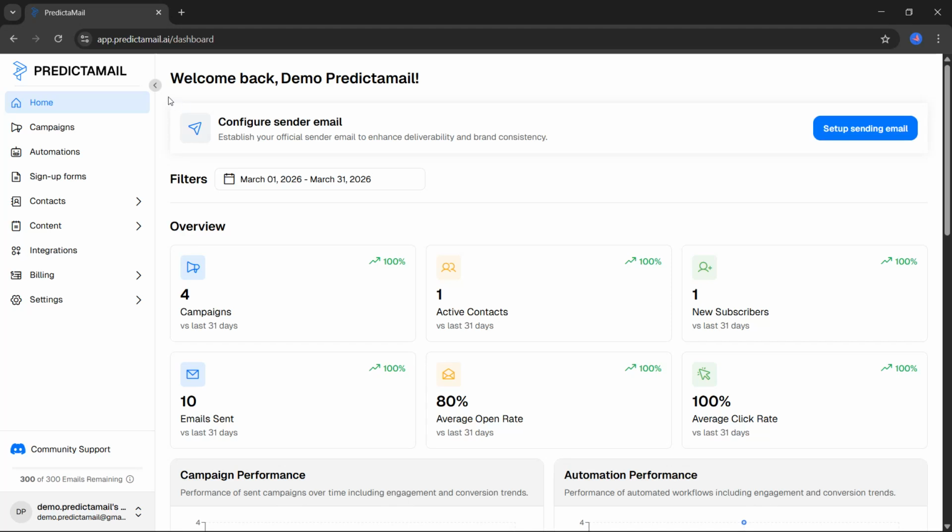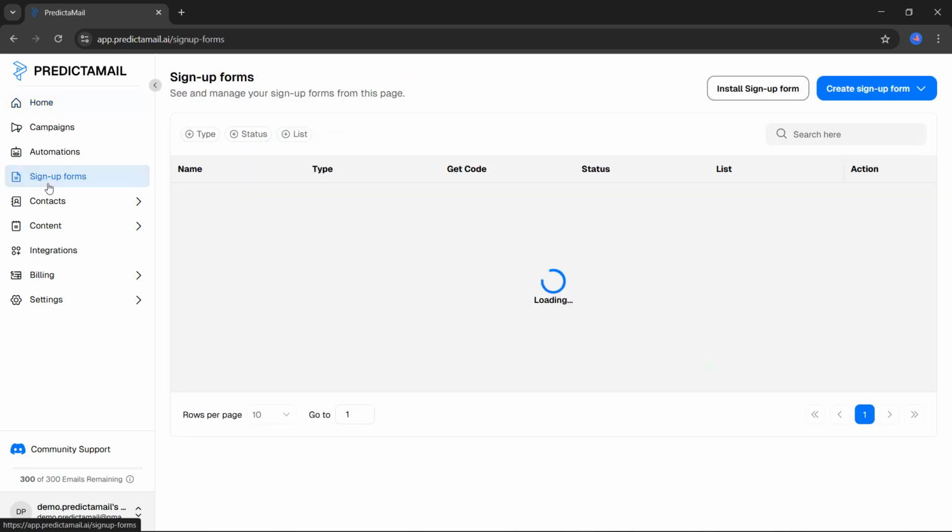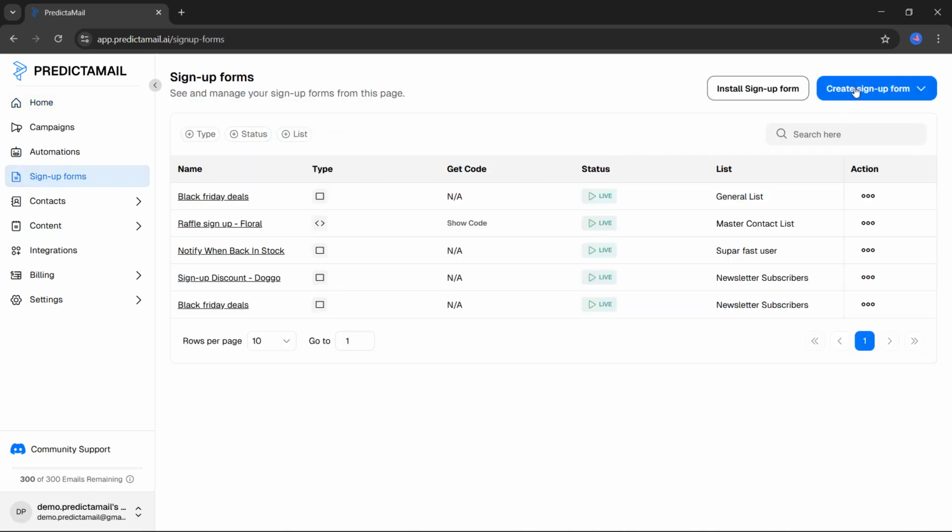In this video, I'll walk you through the Sign Up Form section where you can create, manage, organize, and monitor all your email sign-up forms. From the left sidebar navigation menu, navigate to the Sign Up Form section and click the Create Sign Up Form